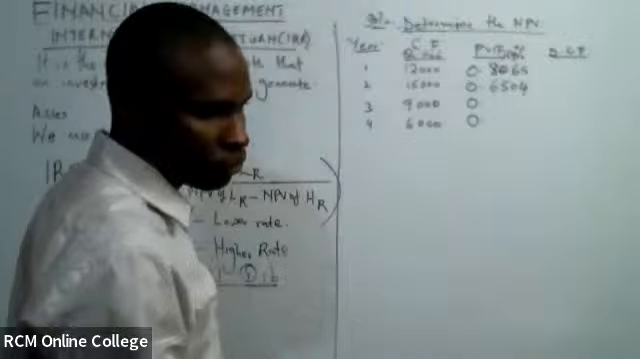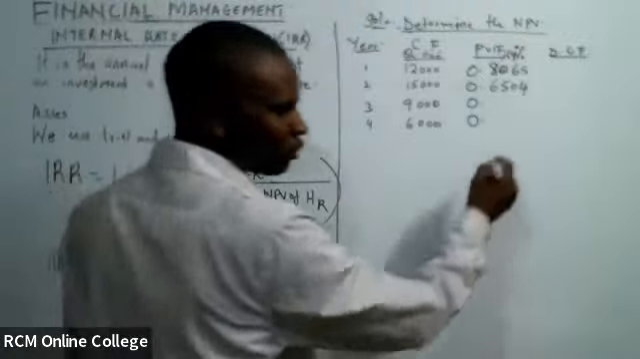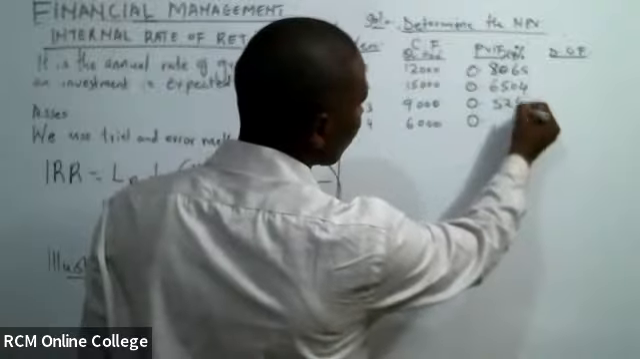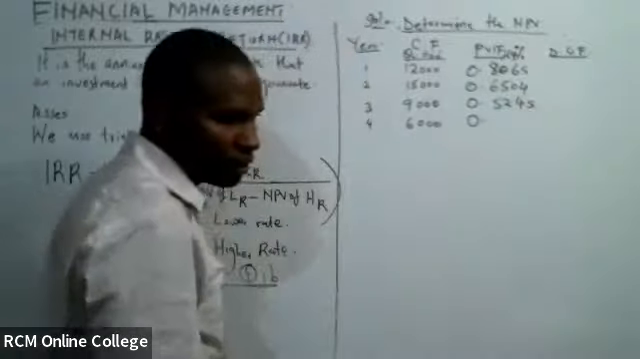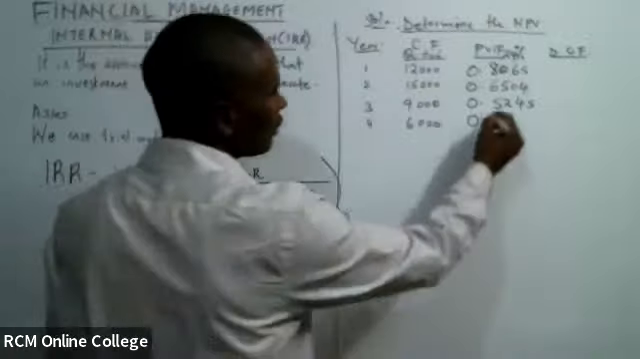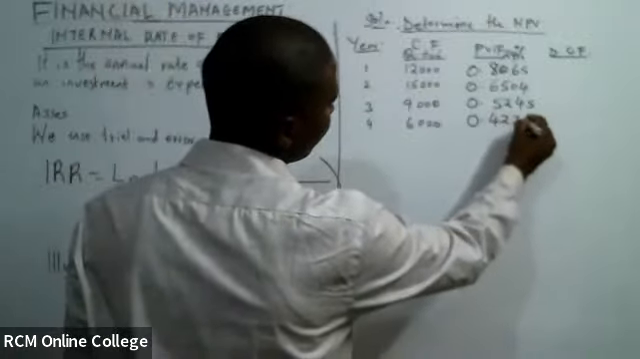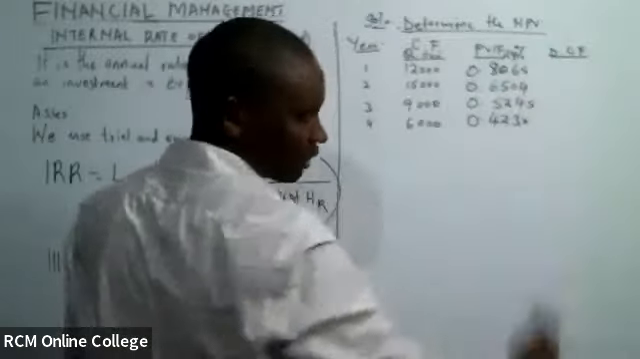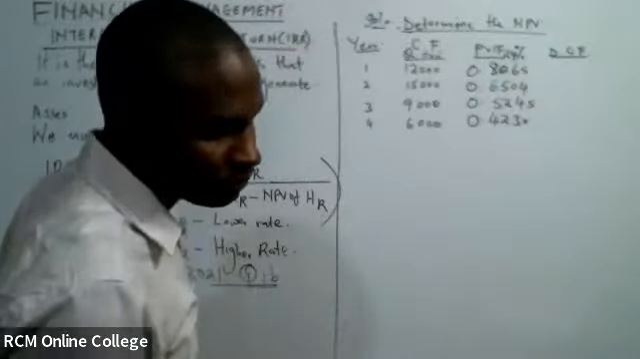Haya, tusonge. Annette ameamuka kabisa. 5245. I hope you are able to see. And then the last one, 4230. Haya, let's go. 12 times this, like that. Ya kwanza,